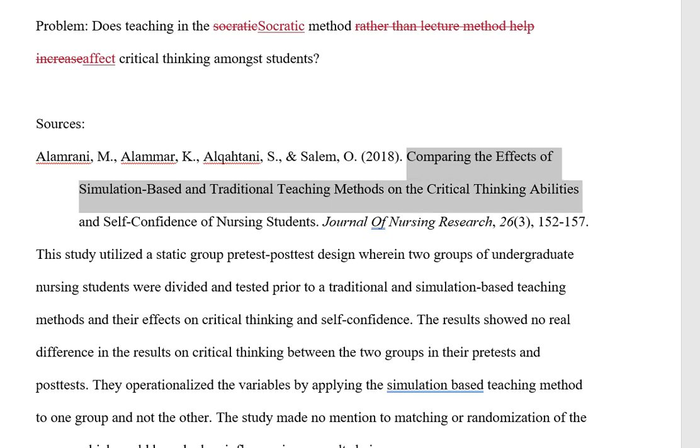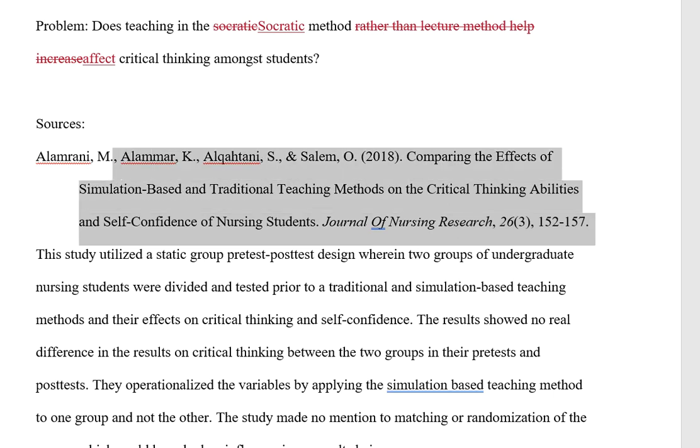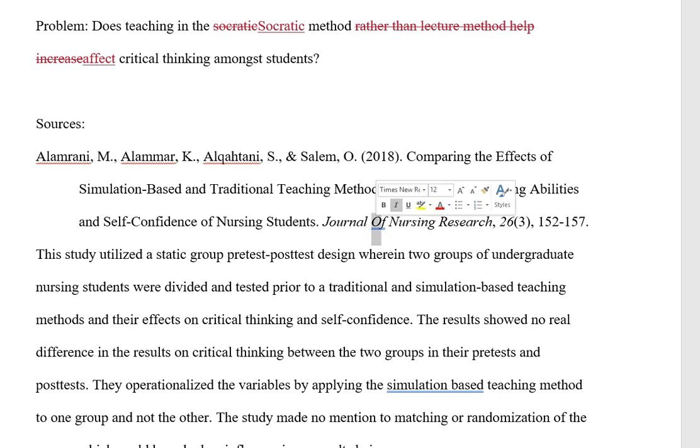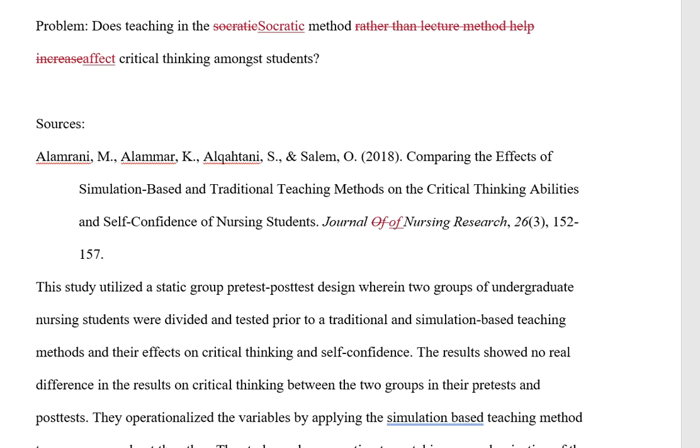Even though Socratic method isn't addressed specifically in this, I could see that this article might actually help us figure out how somebody measures critical thinking abilities in a particular population of students, and how you would compare different teaching methods. So it's definitely a study that could be used to support, in a broad sense, some research on this problem. And notice that this particular reference is formatted in APA well. I will put a lowercase o for of, since that's how the journal title would actually be presented.